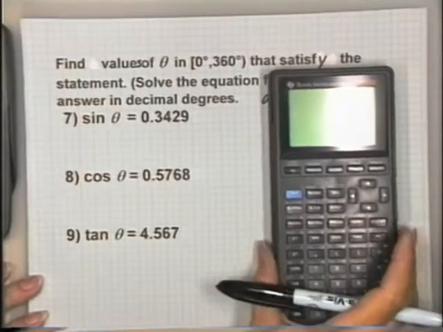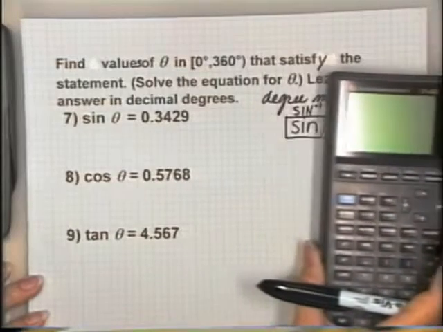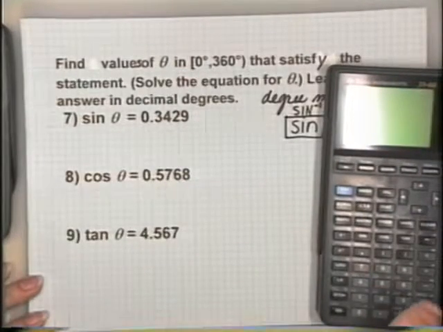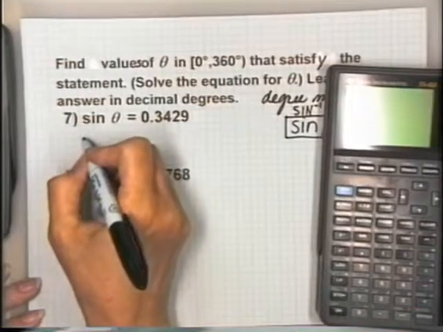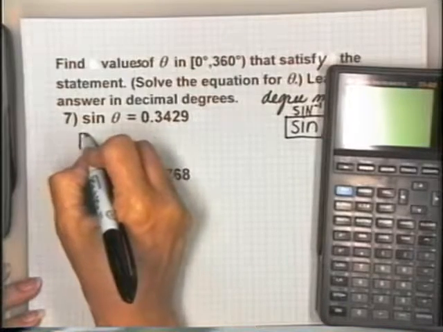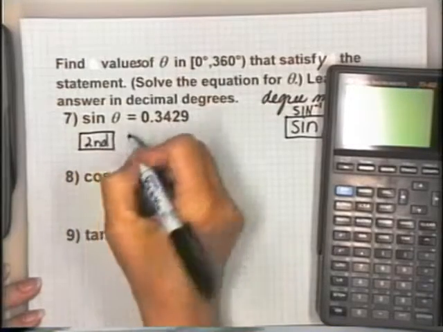Now, on most calculators, it's right here and it says second function, but I've seen that button called the arc button and the inverse button. So if you can't find the button, then once again I suggest that you read your directions. But most of them, this will say second